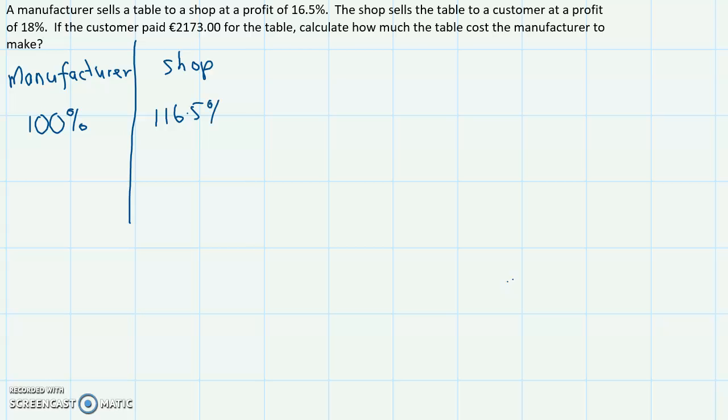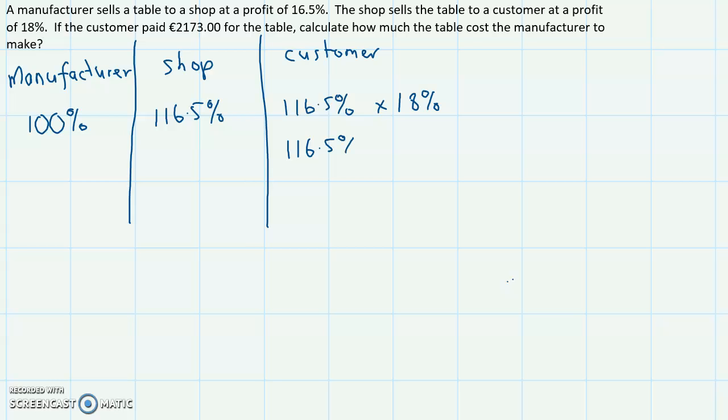Now the shop sold to the customer, and they made a profit of 18%. So the customer, 116.5%, you increased that by 18%. Okay, so you can multiply it by 18% and then add it to 116.5%, or what you could do, which is shorter and quicker,